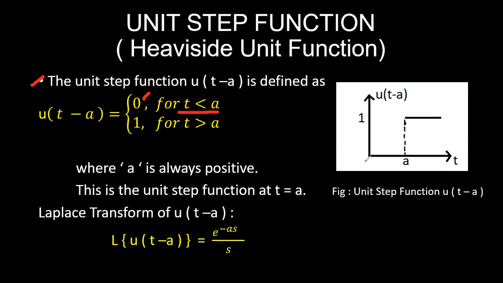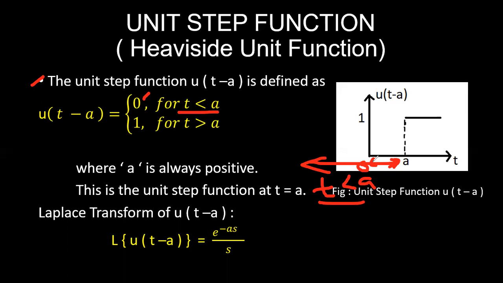If you see in the graph, this is your 0, and here the actual value will start from a. For all the t values less than a, that is before a,